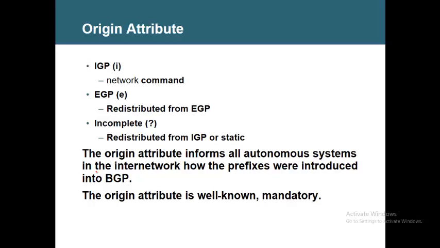In Melbourne, Australia, when they learn the route after 10 autonomous systems in the middle, they can very clearly say that in the originator place in Houston, it is advertised using the network command. So the origin attribute is informed to all the autonomous system numbers in the internetwork,